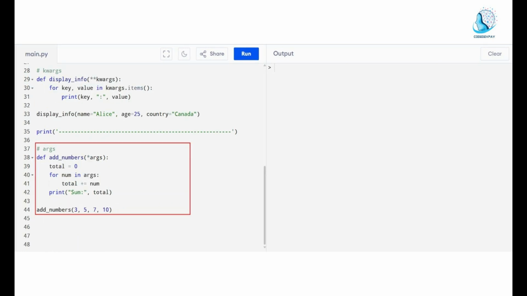For the last part, we are looking at args. So args allows us to accept any number of positional arguments. So what you have to take note here is positional argument. So whilst kwargs help us to accept any number of keyword arguments, the args allows us to accept any number of positional arguments. So here we've created a new function called add numbers, and for the code block we have